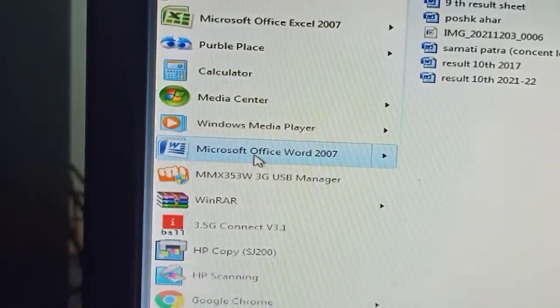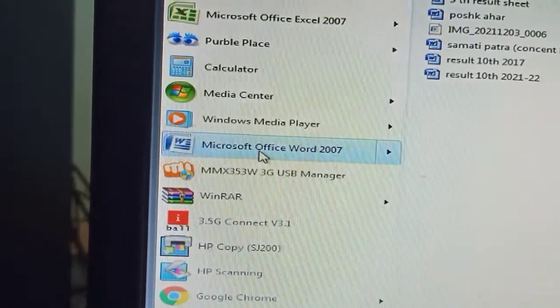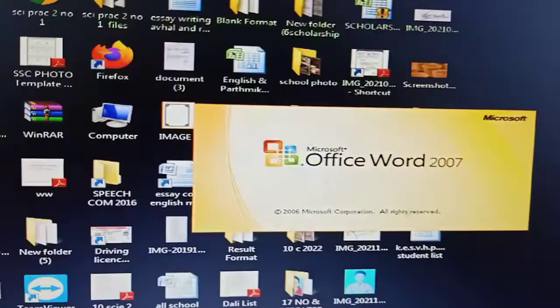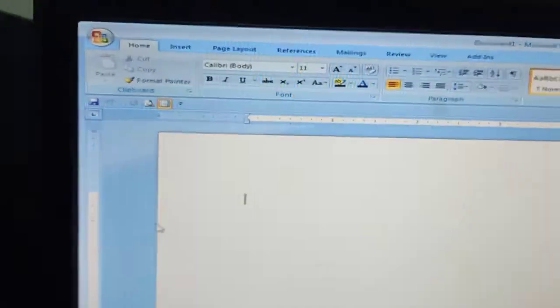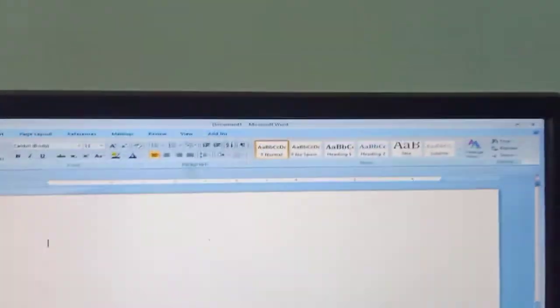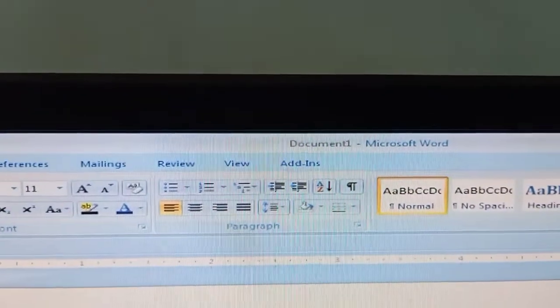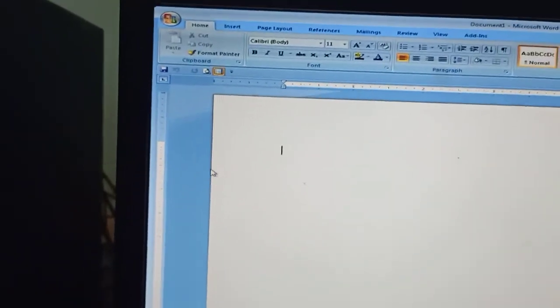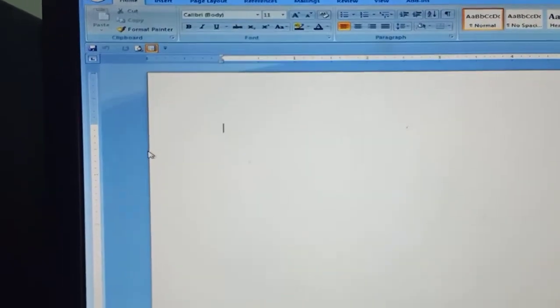If you click the cursor here, you will get Office Word 2007, and you will find this type of screen. This is the screen of Microsoft Word. There we can write any information.